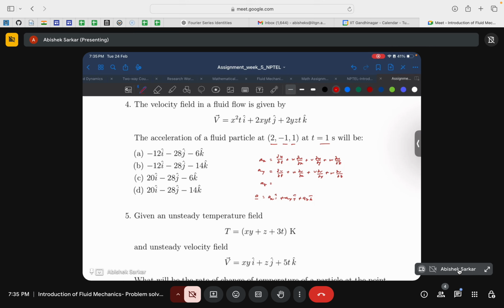Derivatives with respect to w: ∂w/∂t plus u ∂w/∂x plus v ∂w/∂y plus w ∂w/∂z. Okay, it's just a laborious task, and I think I will skip the next question because it's exactly the same,